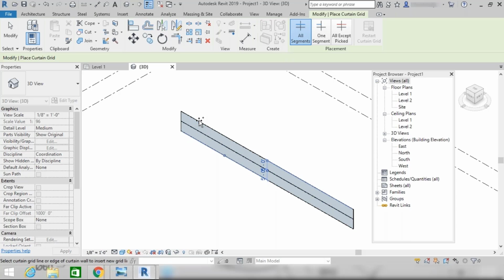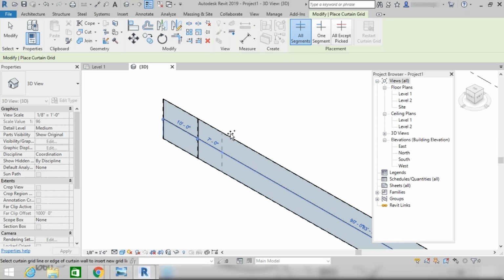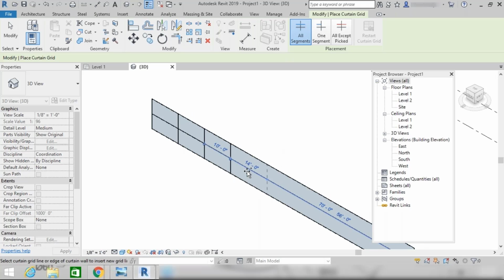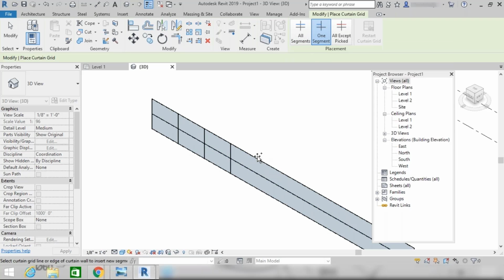And here, let's say you want to make divisions of 10 units. This is my first division, the second one, and this is the third one. Here you can see it is applying throughout its length. If you want to subdivide only one segment, you will go with one segment. It will be applicable to this segment only.